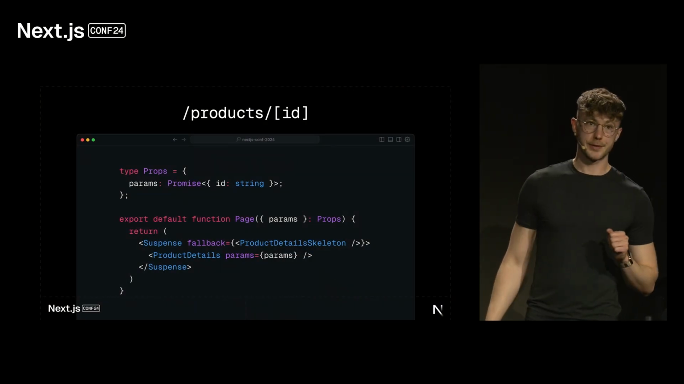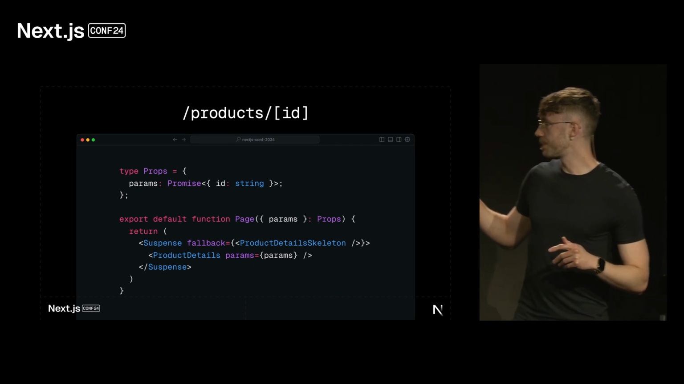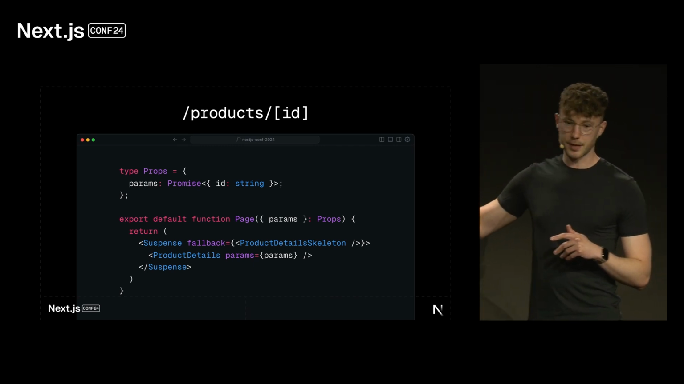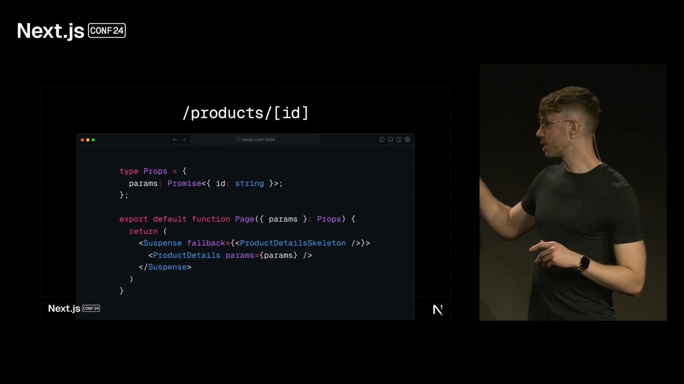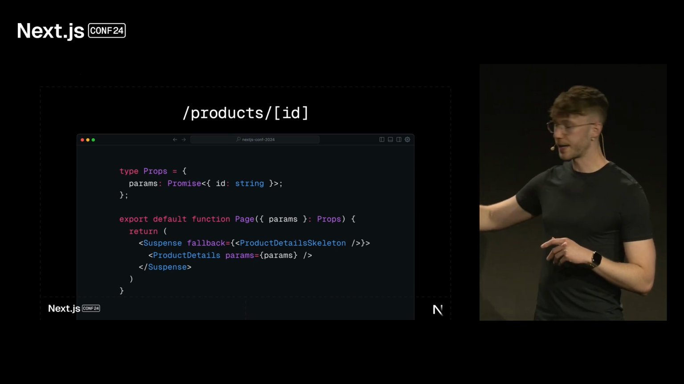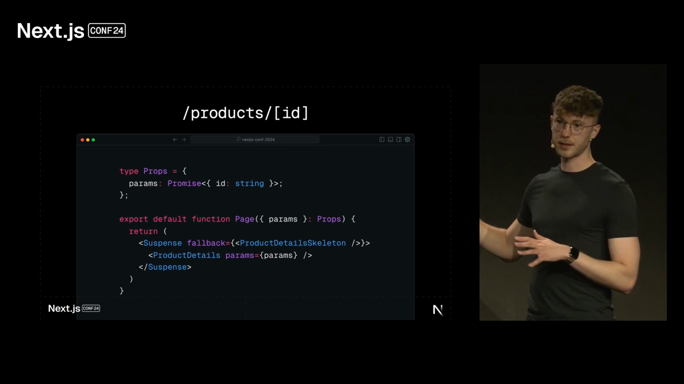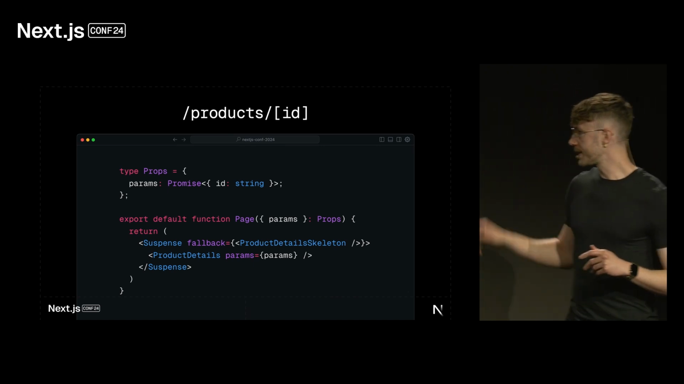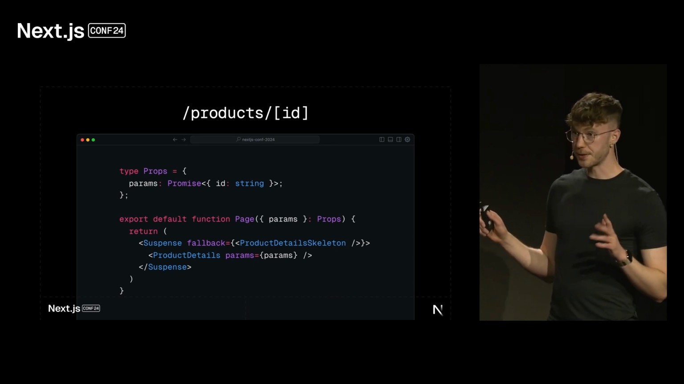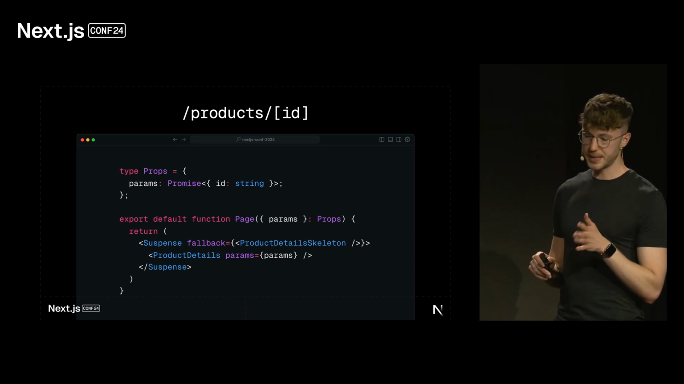Onwards to partial pre-rendering, we have the solution. In this particular example, the params is actually now a promise as a part of Next 15. So when we pass the params promise into the product details, you can await that. You've probably seen this example in a couple of places already during the conference talks today. But what this enables us to do is something quite special, because if you notice before PPR was enabled, we